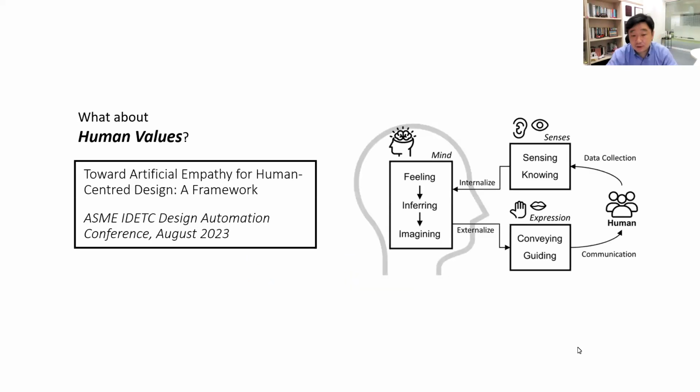Eventually, the AI-generated concept needs to be human-centered, and we have to ensure AI generates human-centered concepts. We haven't worked on that; we didn't report our research on this front. Actually, we have started working on developing a framework and now a computational capability for artificial empathy to be used in human-centered design. Chihao is going to present this work at the IDTC conference next month. If any of you is interested in this work, you're more than welcome to attend that paper session.